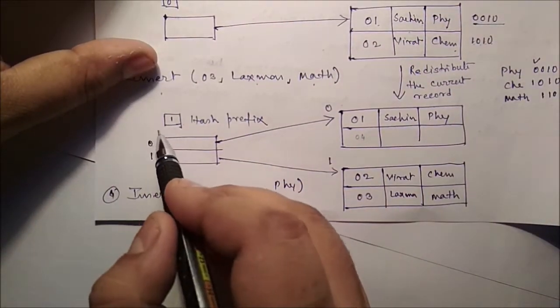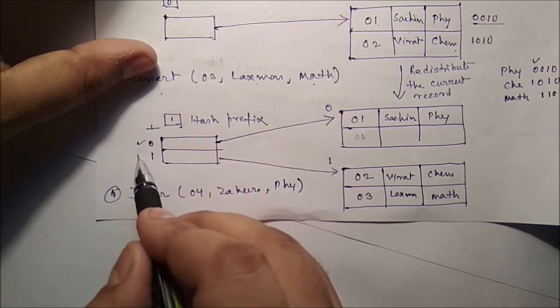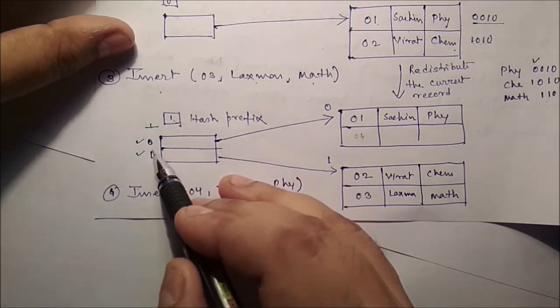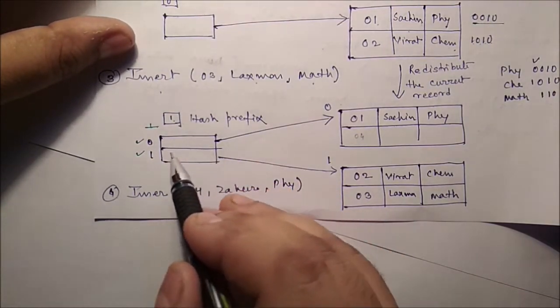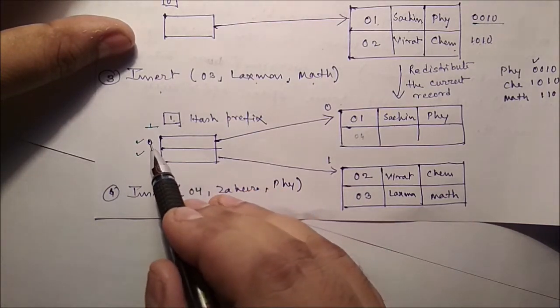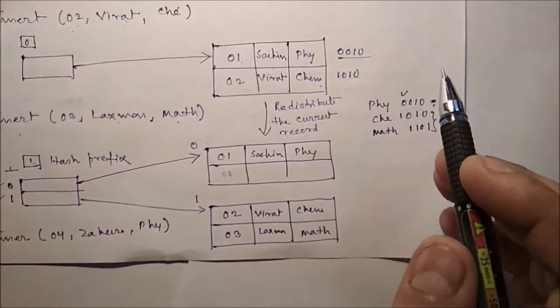One bit may represent 0 or 1. So if it is a single bit, it may be 0 or it may be 1. If it is 0, what does that mean? In this particular bucket address table, there are two parts, one for 0 and one for 1.